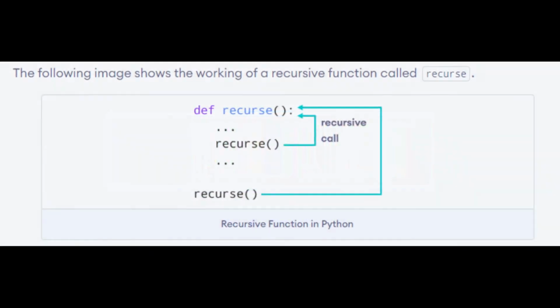Hello everyone. In this tutorial, I will tell you about recursion. Recursion is a way of solving a problem by having a function calling itself. In computer science, it's a method of solving a problem where the problem solution depends on the solution to the smaller instance of the same problem. It means performing the same operation multiple times with different inputs.